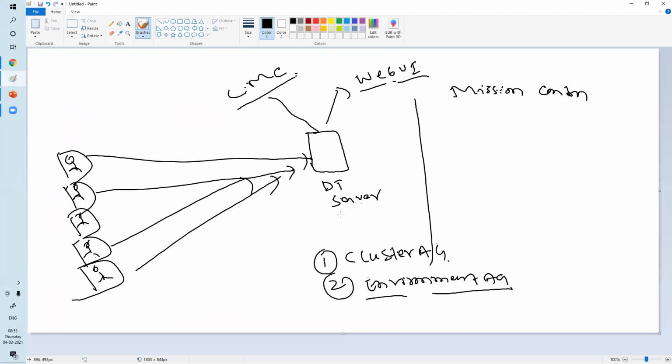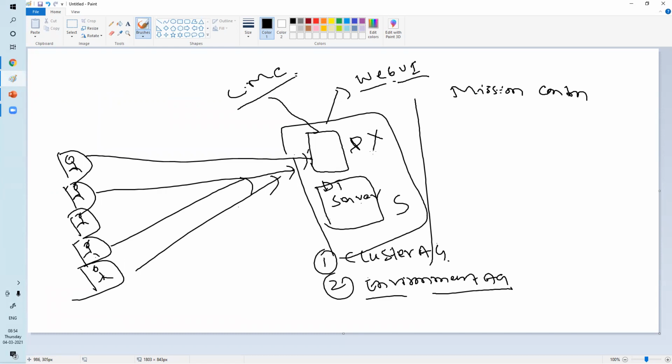Just a quick question: does having multiple nodes only benefit improved data processing and dashboards? No. If you have a DT server with two nodes, this is your primary and this is your secondary. First, the data will be sent to the primary node. And whenever this server goes down for any reason, like too much load on the server,